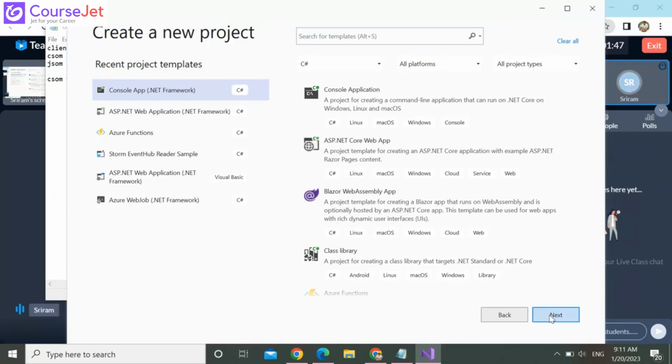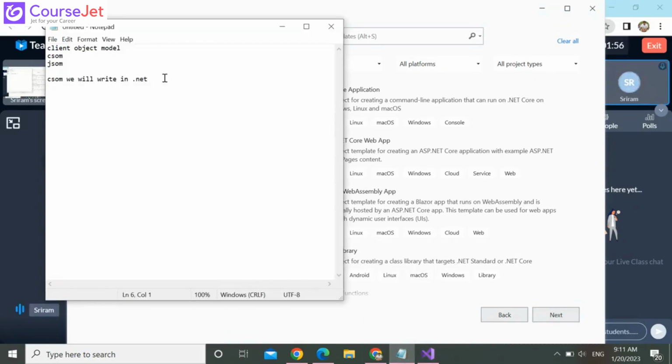Actually, here for .NET we have three templates like that. I will give you a small instruction.